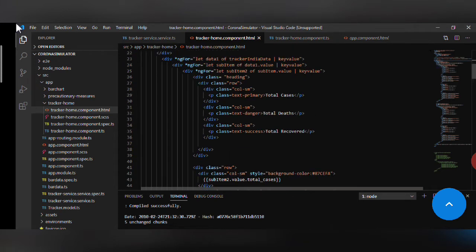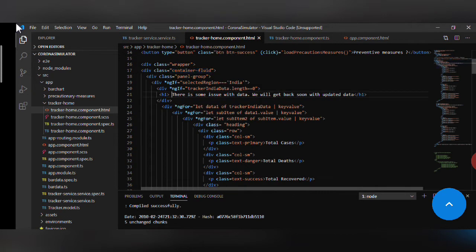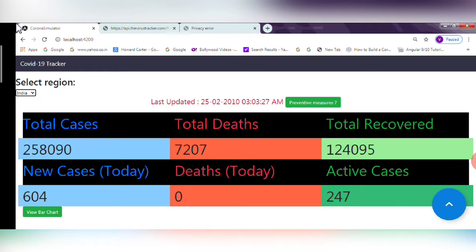The message I am printing here is for when the API we are hitting is down or the server is down and we are not able to fetch the data. In that case the length of data we get from that API will be 0. So if the length of that data equals 0, we can provide any meaningful message here: there is some issue with data, so we will get back soon with updated data. This will get printed until you receive the original successful data.